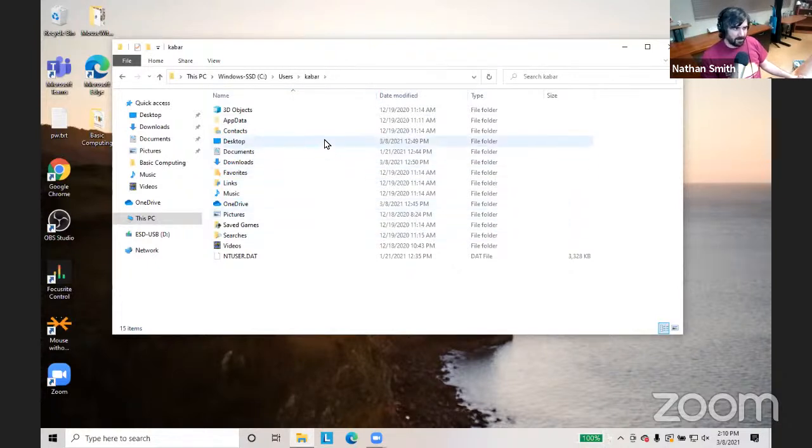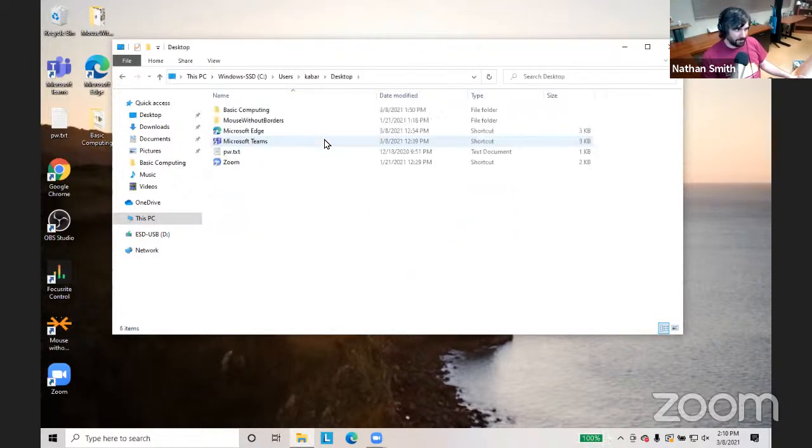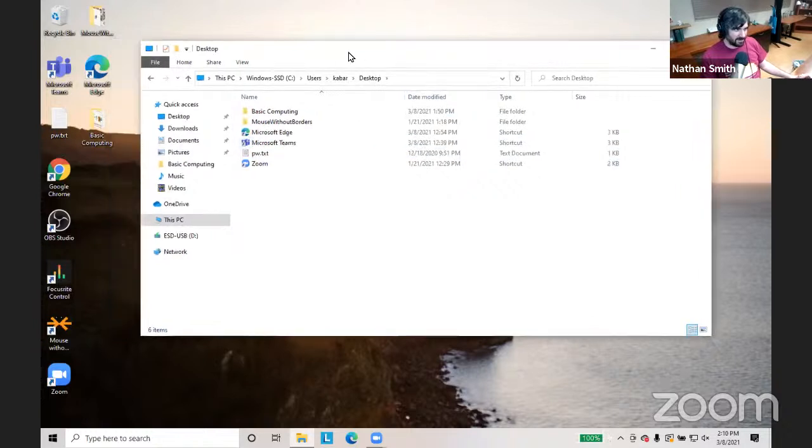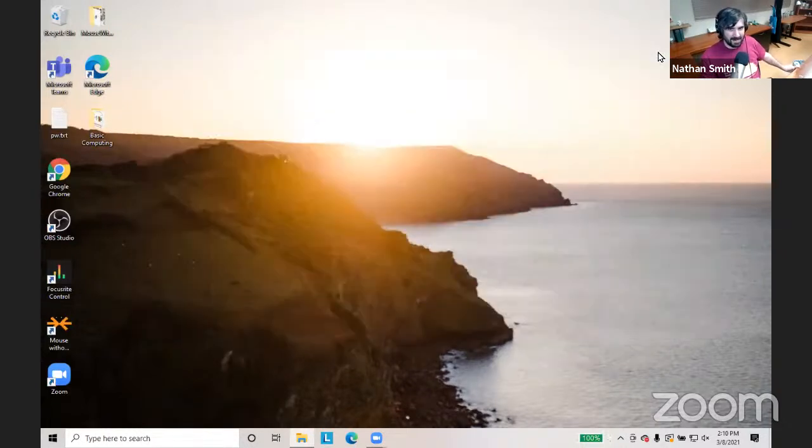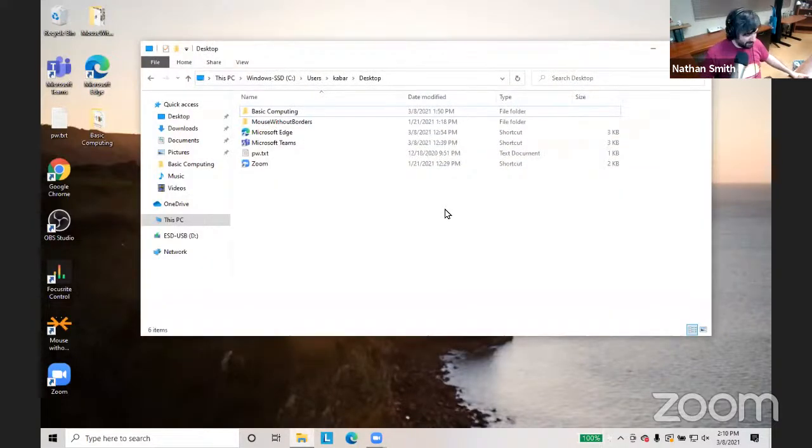What I'm going to do now is double click on desktop. When I do that, you'll notice it's not one-to-one, but the things that are over here that are considered part of the desktop, all of them are over here as well in this area with the picture. The desktop is this area right here where you've got the picture and these little icons on top of it. The desktop is meant to be kind of your starting area.